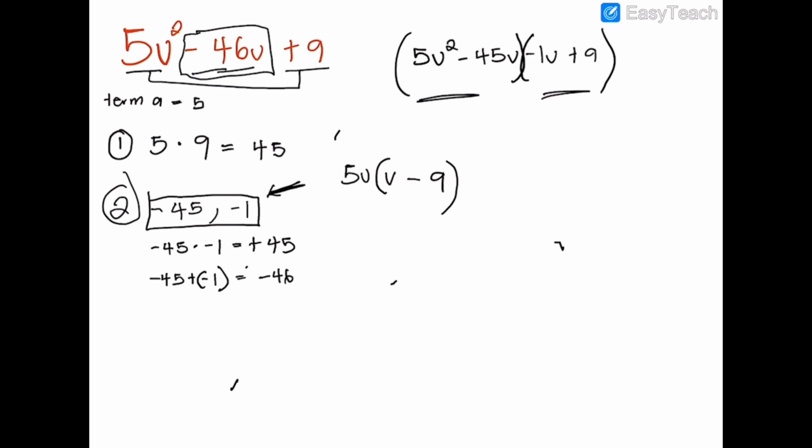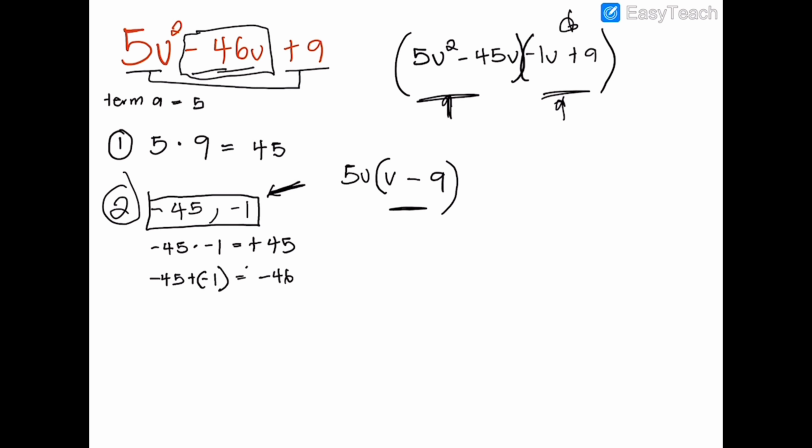Now we're gonna do the same for the next term, which is negative 1v plus 9. Now, is there a common thing that I can pull out? People could just look at that and be like, no, but the aim for pulling out your common factor is to make both of these brackets be the same. So you could look at this bracket over here and just think, oh, there's really nothing I can pull out. But to make it look like v minus 9 right here, you can pull out a negative 1,